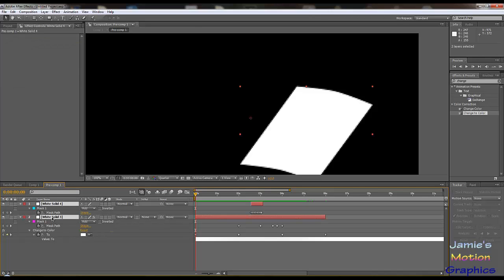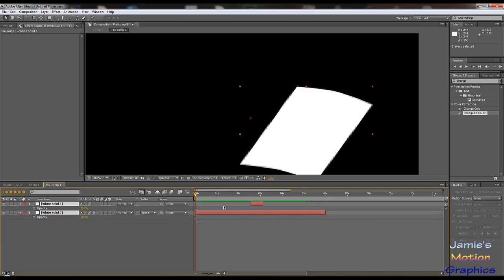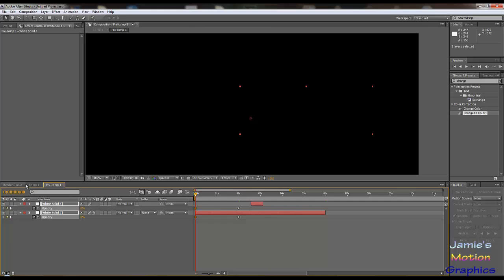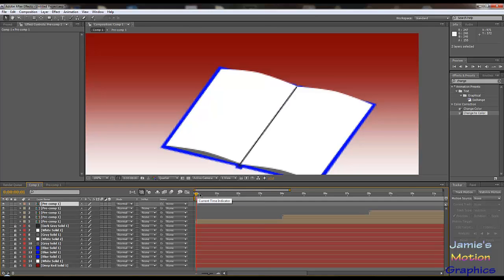Let's just take both of these. Hit the opacity, which is the T for transparent, I guess. Hit the stopwatch and then go to 2 seconds and just set a keyframe. Just go back to 0 and then make it actually 0. So now it will come in slowly and we won't have that. So you can see here that the middle line is disappearing a little bit, and it will come in and then,